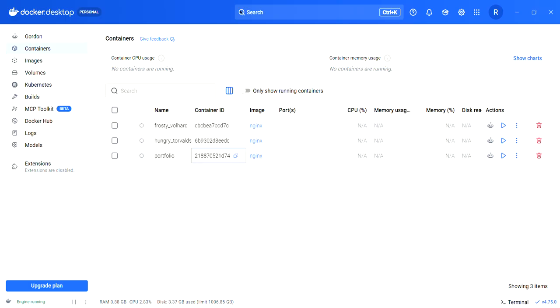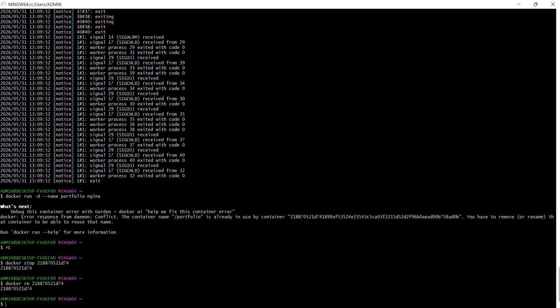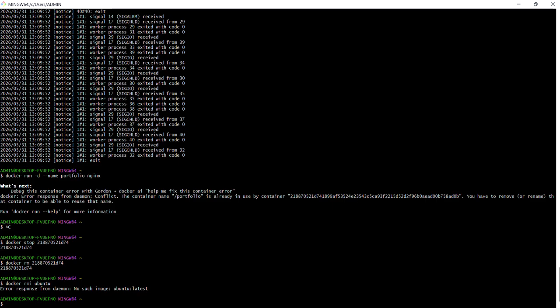Wait, just a minute. So it was stopped, right? So what we did, we just stopped that one, remove. Now we are going to remove. Now what I will do, rmi ubuntu. Error.